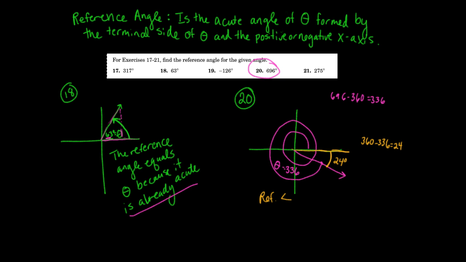Let me show you one more example so that we can drop a perpendicular. I'm just going to make it up, and I'm going to say, okay, how about 170 degrees? What's the reference angle? So 170 degrees lands me right here. Notice I chose a nice number. Here's my ray. Sorry, graph is not to scale. If we think about the x-axis, I'm going to use the negative x-axis right here, and this ray. What is the degree? Well, this is 180 degrees minus 170 degrees, so this reference angle is going to be